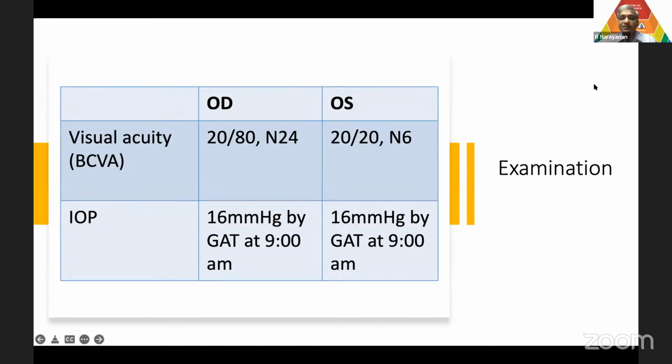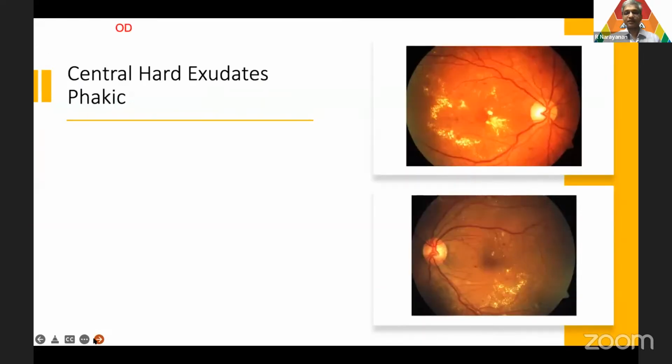Now, can anyone tell what is 20/80 in terms of 6 by? What does it mean? 20/80 is equal to 6 by what? Let us see if I am getting posts on the chat box. Very nice. Dr. Siddhi Mathur, Dr. Manisha Singh, Dr. Nikita Gupta are paying very good attention. They have answered correctly. 6/24. Dr. Deepa as well. So excellent answer. 6/24 in the right eye. And the patient has hard exudates involving the center, and the left eye has